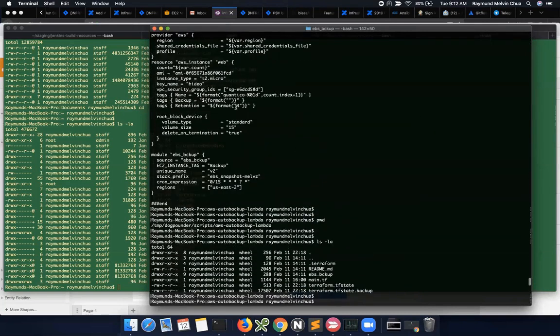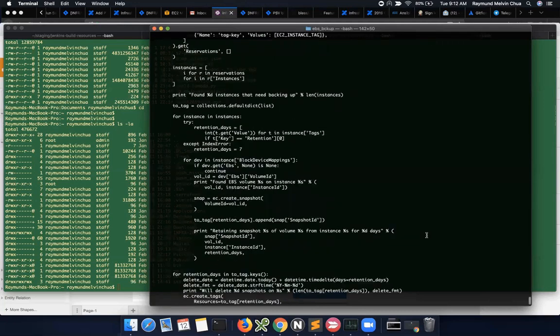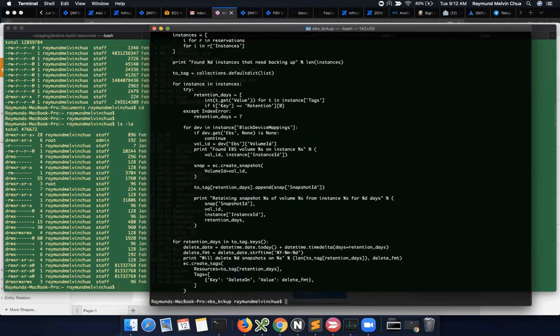This is it. It gets the retention. This tag and value actually influences the value for retention days. So if you specify days equals 4, because I specified in the mother Terraform script that I need the tag value of retention to be equal to 4, that's it. So let's fire away